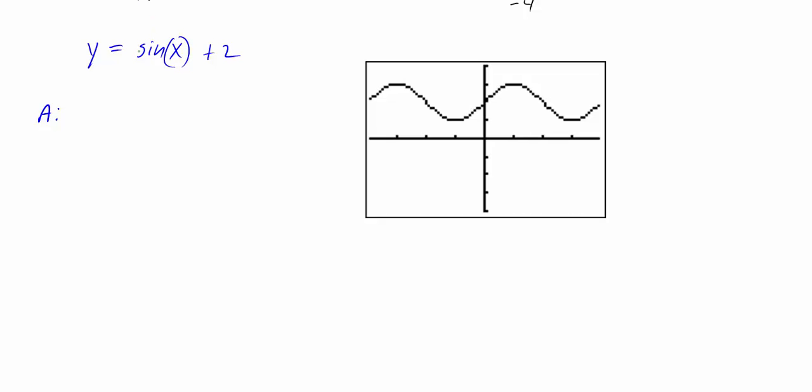Well, the amplitude here, again, this is understood to be 1, so the absolute value of 1 equals 1. And now we can think of right through here as our new axis, so to speak, because the x-axis you can think is being moved up here 2 units. So now we're oscillating the graph up and down around this axis where we have y equals 2. So if we're trying to look at calculating the period,